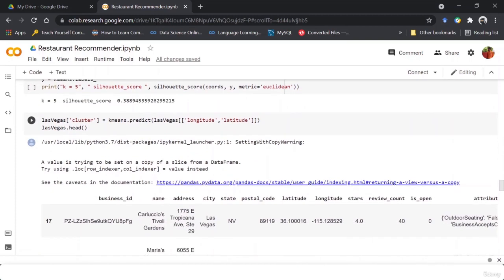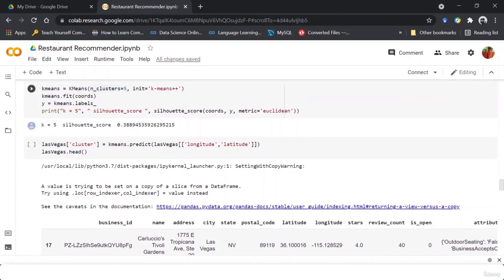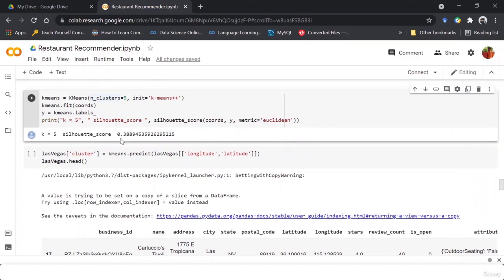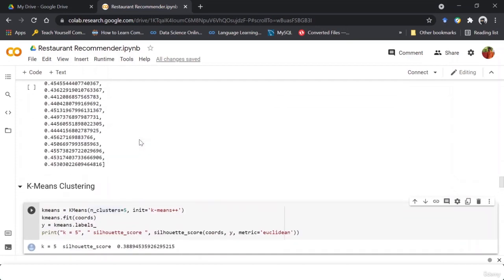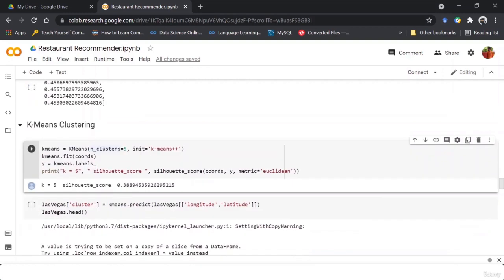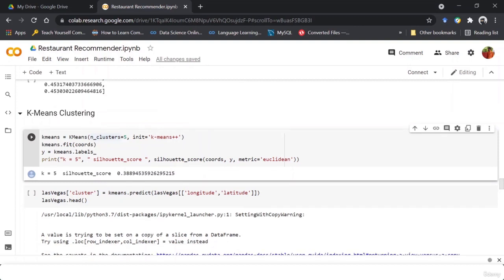Now, what we understand from here is that maybe 5 is not the best value, since the silhouette score is 0.38 and we saw 0.44, 0.5. I have taken the lesser value because it actually takes a lot of time to train the model if I build 14, 15 clusters. So if you have time, then you can actually input the best number of clusters.